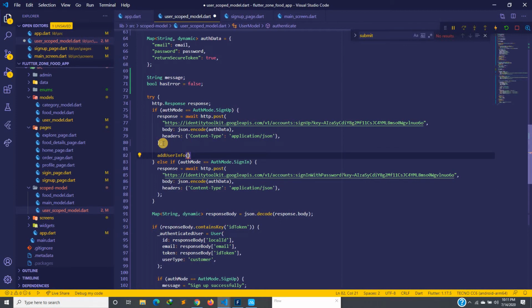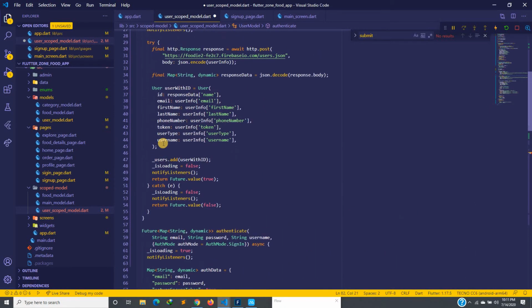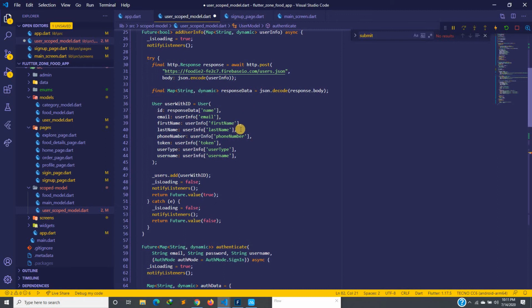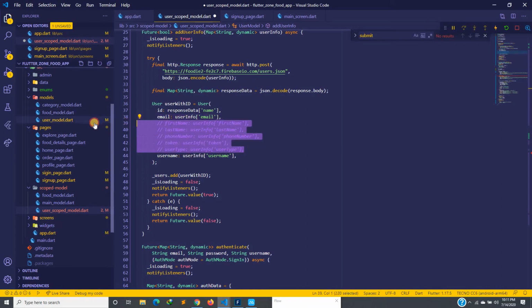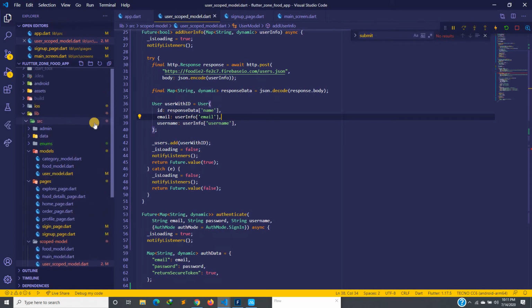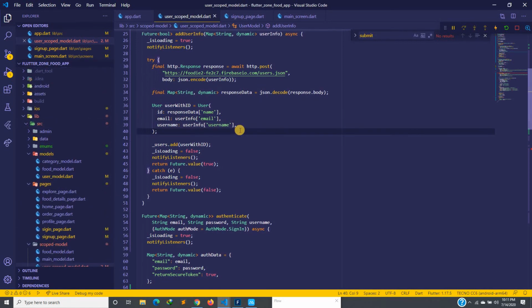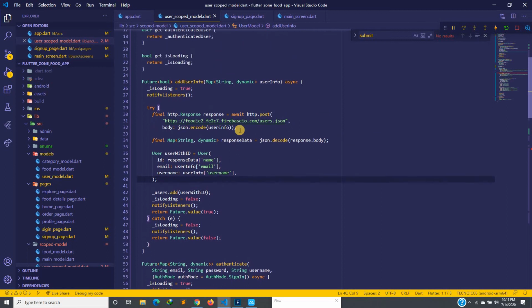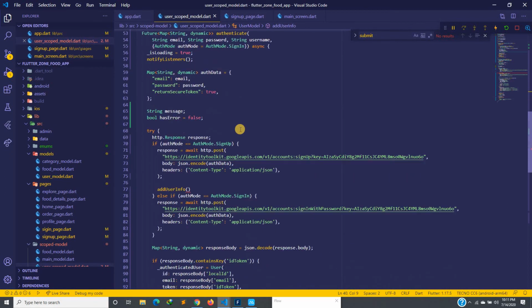Okay, and I did a map. Let me see, we are not even passing the first name and then the last name. I'll comment this one, and then we are not even passing the user type and then the phone number. So so far we only have the email and then the username. I'm just removing that, but you can just comment it, but I'm removing that for now